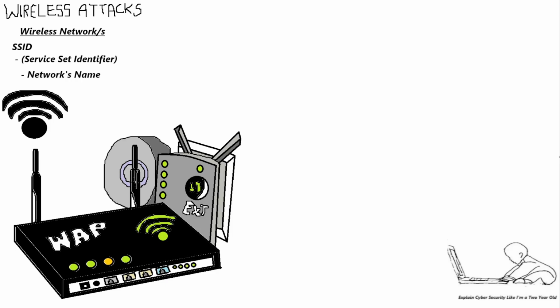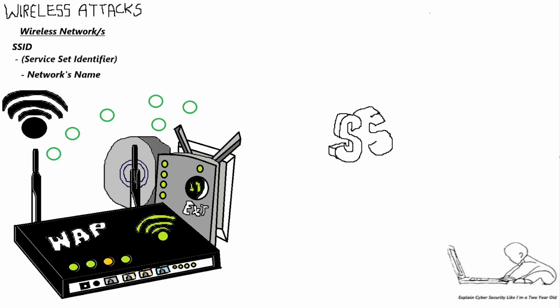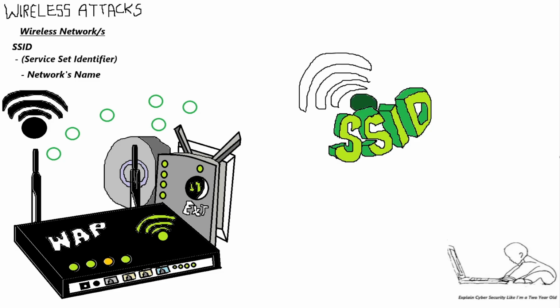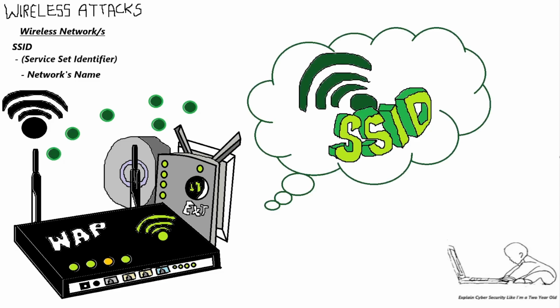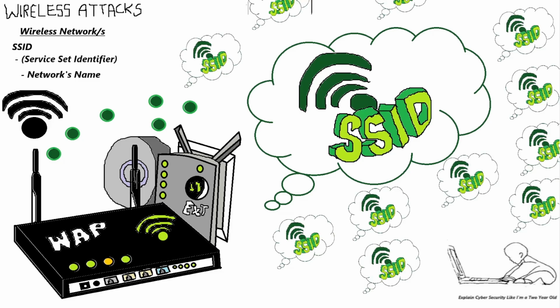Now, let's get technical. The SSID, aka wireless network name, is broadcast by the wireless access point via a special transmission known as a beacon frame or packet. This beacon frame allows any wireless network interface card (NIC) within range to see the wireless network and make connecting as simple as possible. Just look at all those beacon frames.